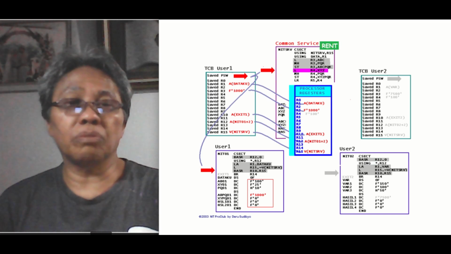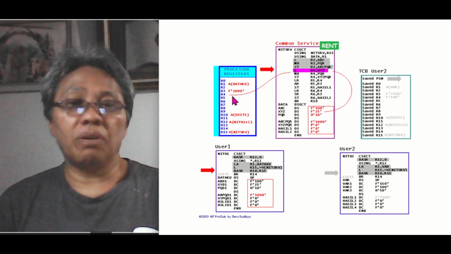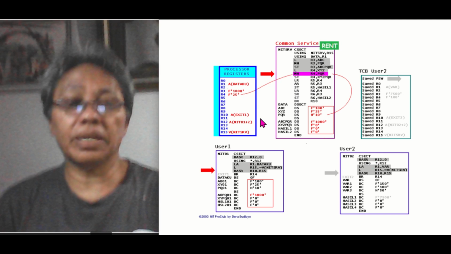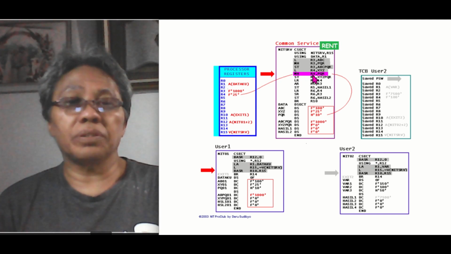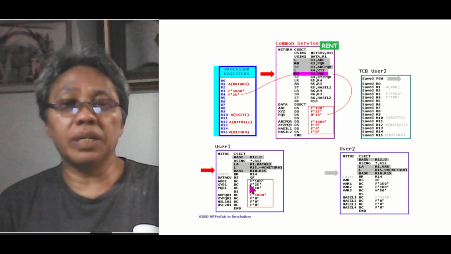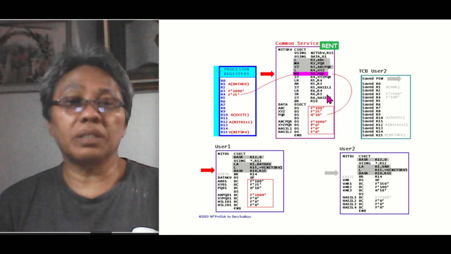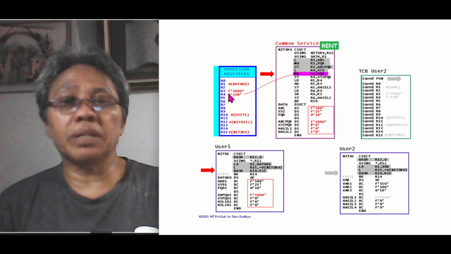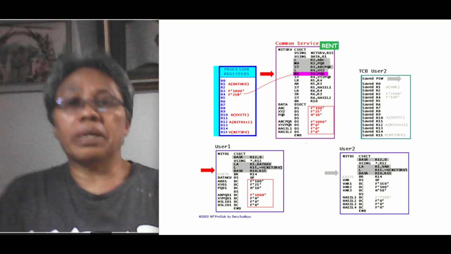Load XYZ into the register 4. Then register 4 contains the data from XYZ, which is actually XYO1 here, 25. Next, multiply the content of register 4 with data located in PQR, which is actually this one, PQO1. The result will replace the content of register 4. So register 4 is then updated to the result of the multiplication.